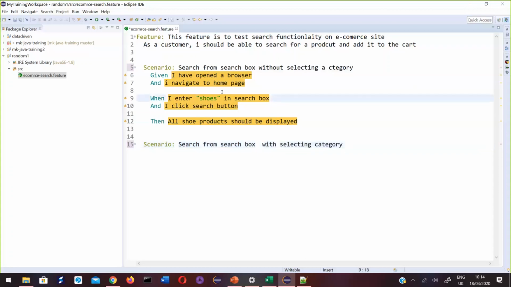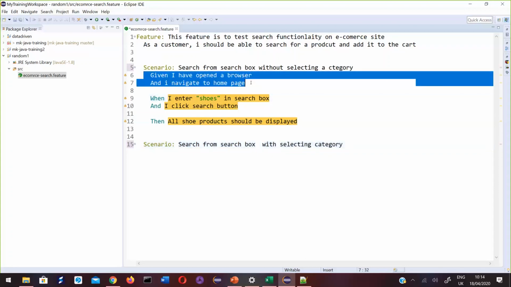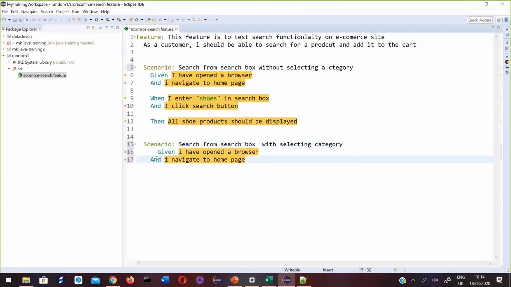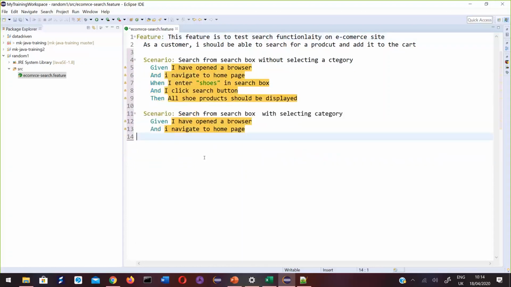So given I opened a browser, I navigate to home page. This Control Shift F that we use to format Java code works here as well. If you see this order is not correct, this is something randomly written. But when you do this Control Shift F, it adjusts it. Okay.